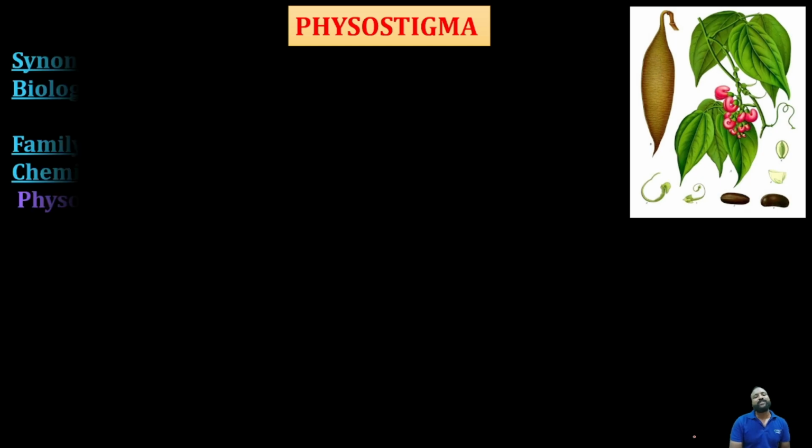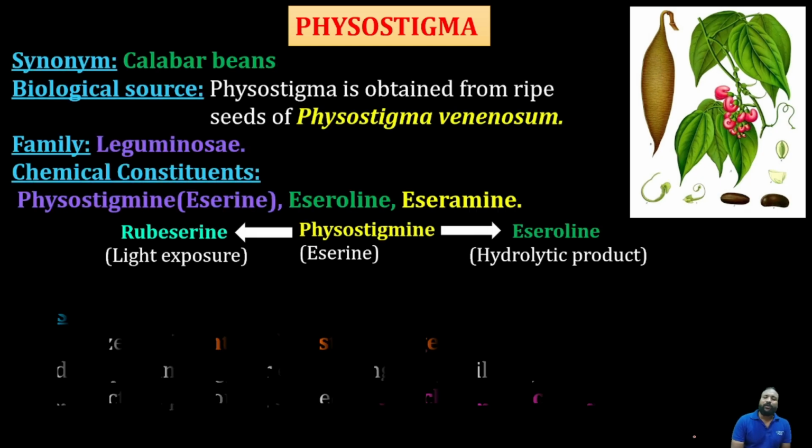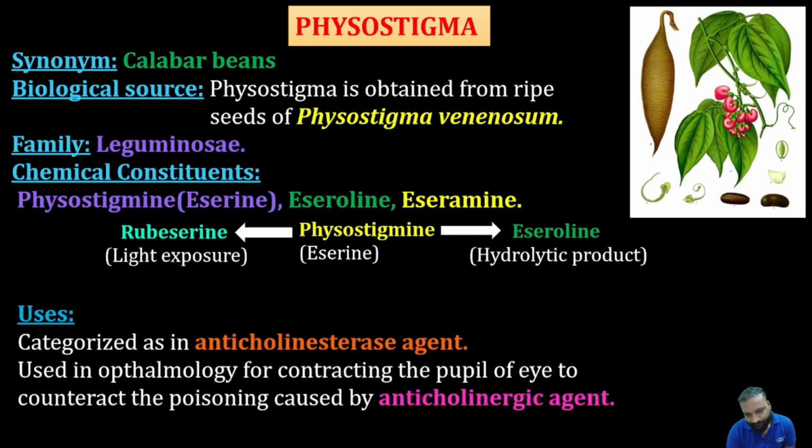And last in the indole alkaloids is Physostigma. It somewhat looks like a bean plant. You can look over here. This is the seed of Physostigma. This is the entire plant, the entire herb. This is the seed of the bean. These are the tendrils and other parts of the Physostigma plant. It is known as Calabar beans because it is a bean, Calabar beans. The name itself indicates the chemical constituent, physostigmine.